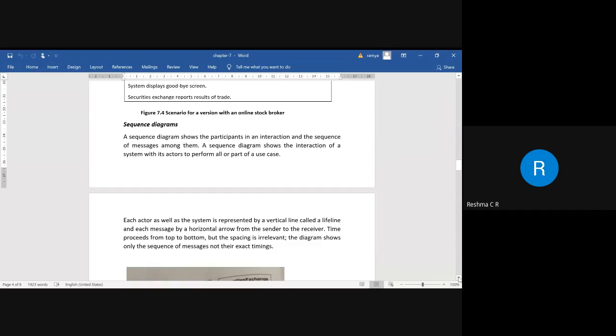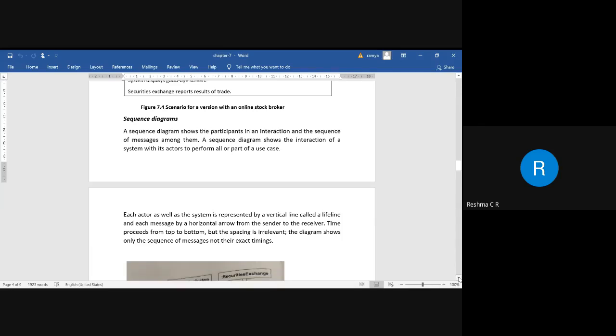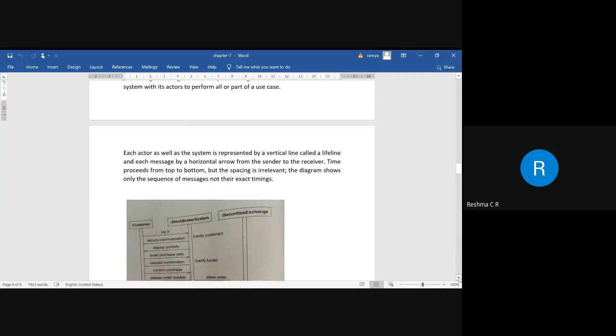What does the sequence diagram indicate? It indicates who the participants involved in the system are and how they are going to interact with the system, and at what time and until what time they are going to interact. To draw the sequence diagram, we use a vertical line.